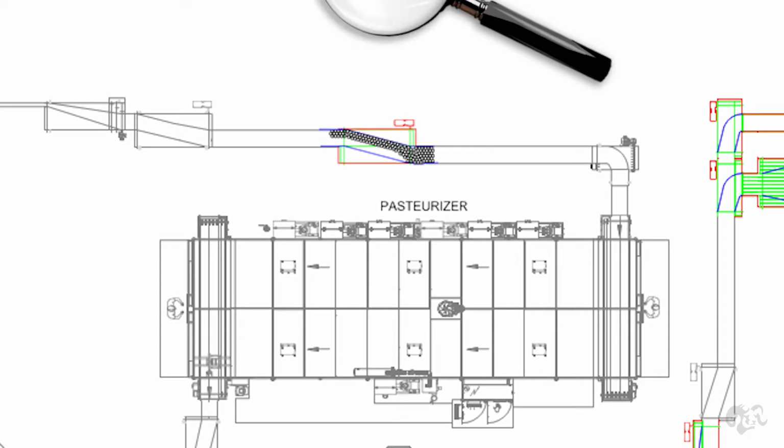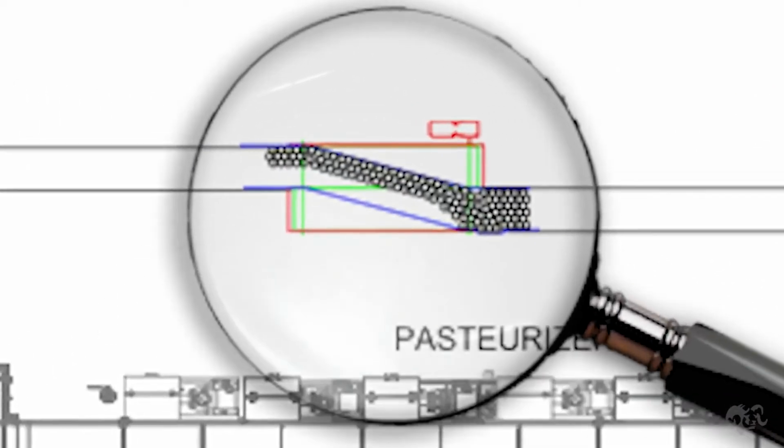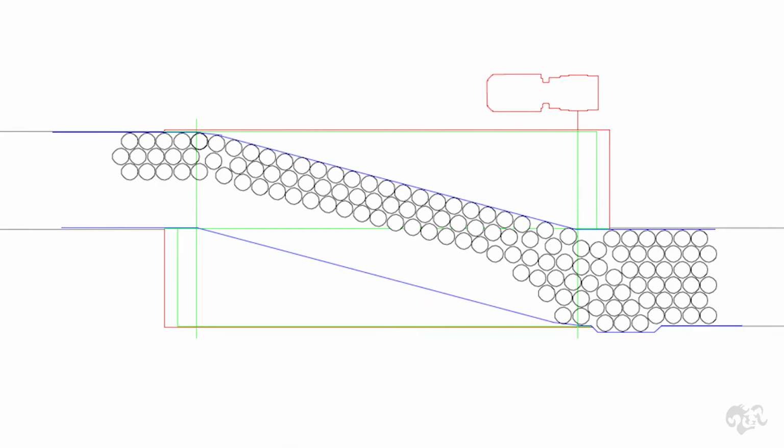In this particular drawing here, you will see us zoomed in on the backup switch on the mass bottle conveyor. You see the bottles populated on the conveyor here in a full situation. We've put the switch as far back on the non-pressure side as possible. Why is this important? It allows us to fully utilize the mass conveyor before we shut it down on full